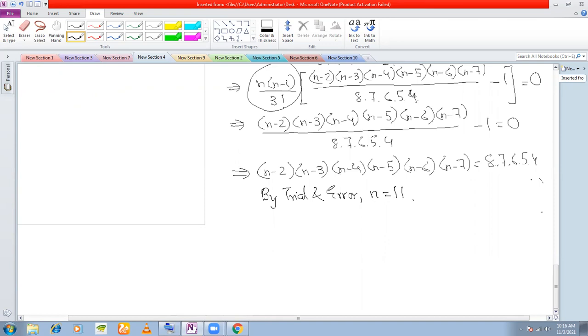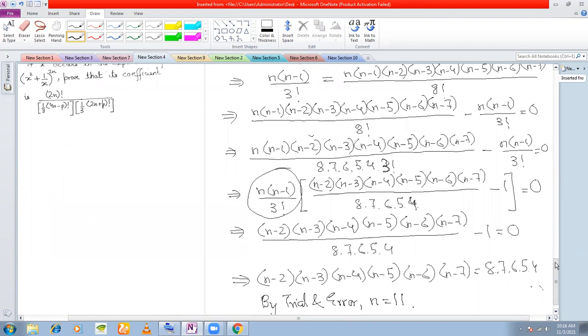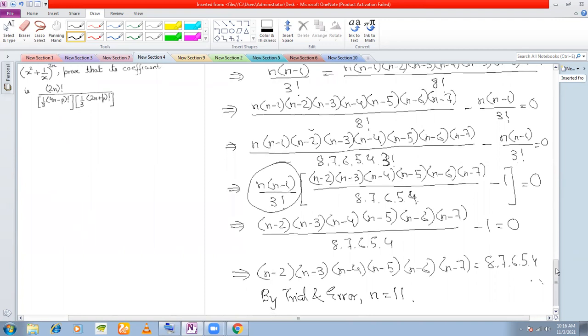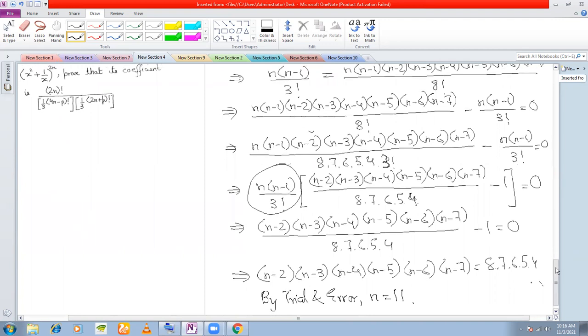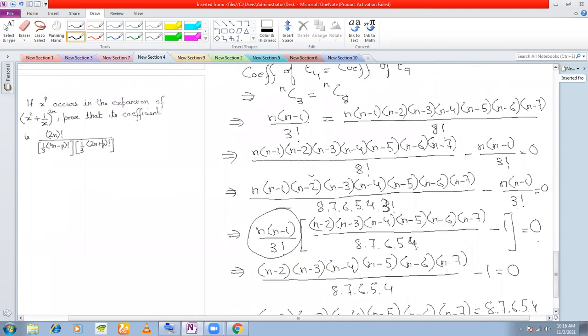Start with n minus, just a minute. I've got 5 terms at the end here. So I must have, okay, this is n into n minus 1 into n minus 2. Here I have made a mistake. This should be n into n minus 1 into n minus 2. There should also be an n minus 2 here. And this should be n into n minus 1 into n minus 2. So now this term will go.